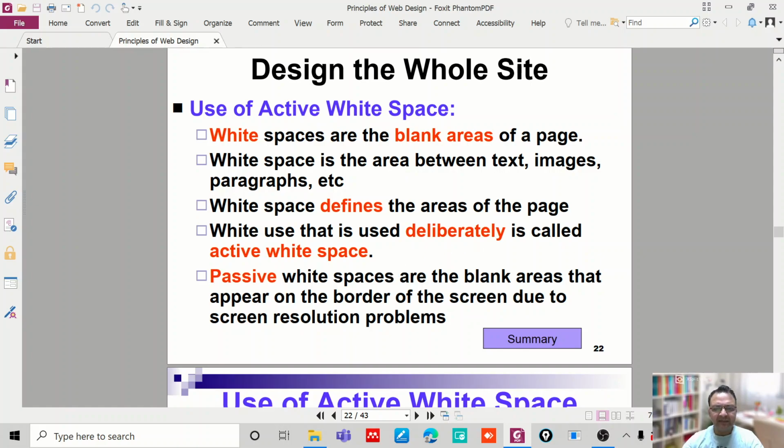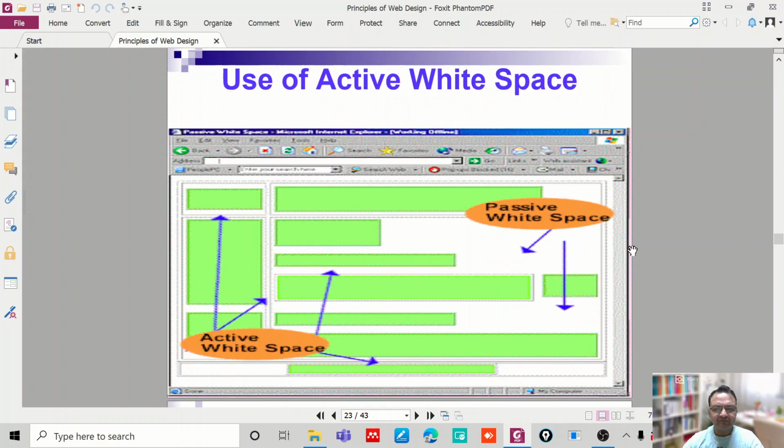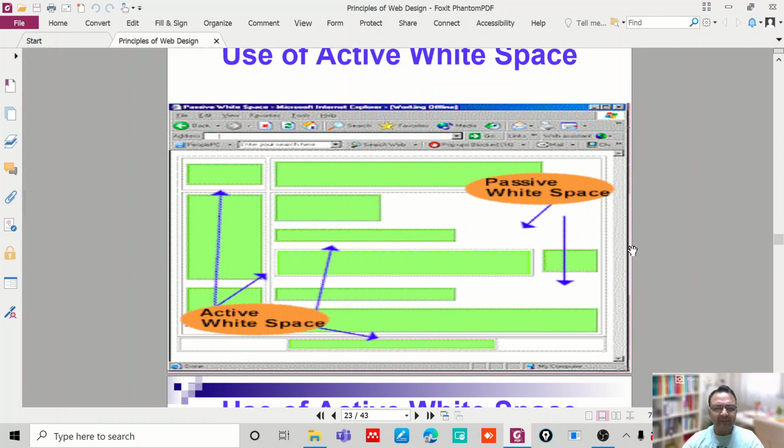And passive white spaces are the blank areas that appear on the border of the screen due to screen resolution problems. So we try to avoid the passive white spaces, and we try to deliberately use active white spaces, which provide a better look and feel to the information present in the web page. So you see one example here.